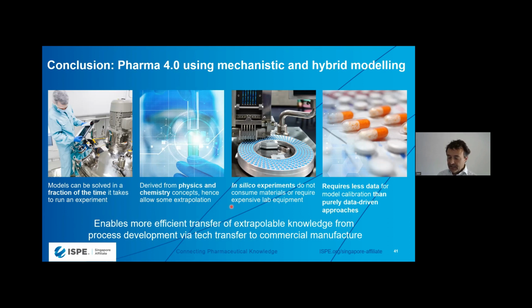And the reason that this is an approach that more and more companies are using is that models are very efficient. It doesn't take a lot of time, so that's good for process development. We can do extrapolation. If we go from one piece of equipment to a piece of equipment that has different heat transfer area or different residence time, it is straightforward to update the model. We don't have to create lots of new data. So we require a lot less data. So in general, this is an approach that allows efficient transfer of knowledge that can be extrapolated from process development through tech transfer